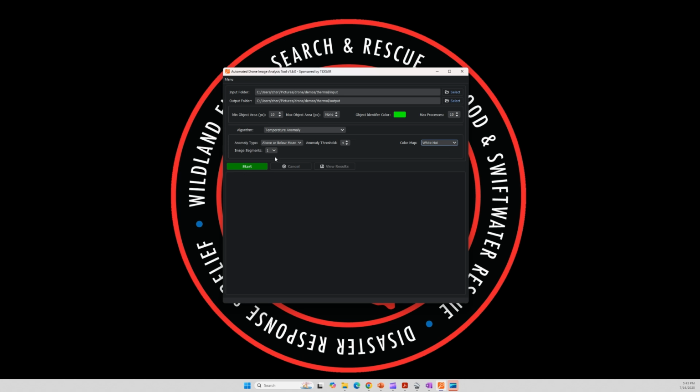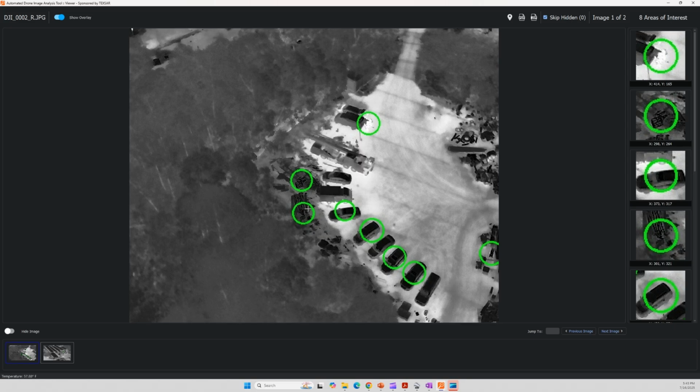And finally, image segments. Much like with the color anomaly detectors, we have the ability to slice the image into smaller pieces and only compare the pixel to that slice instead of the whole image. So we'll leave all those as is. Go ahead and run our algorithm. And we're only looking at 2 files here. So let's go ahead and go into the results viewer,